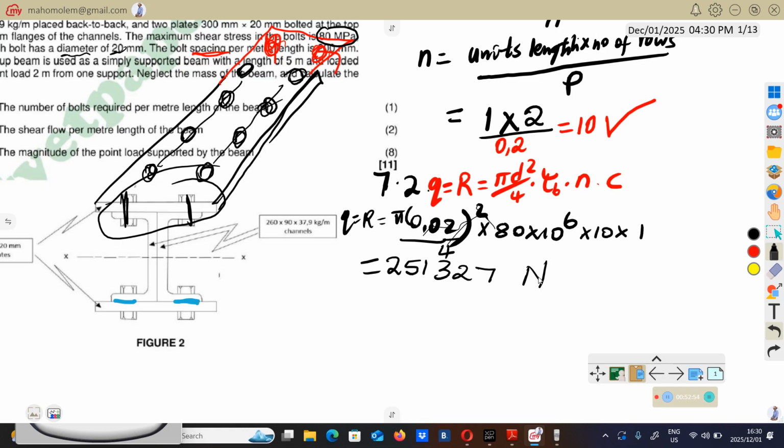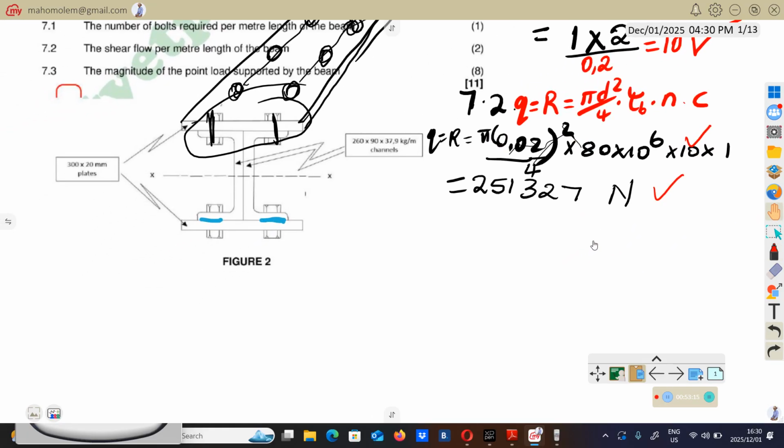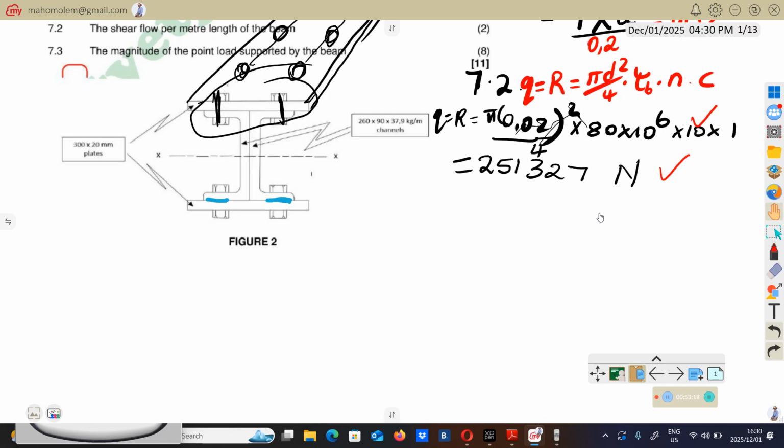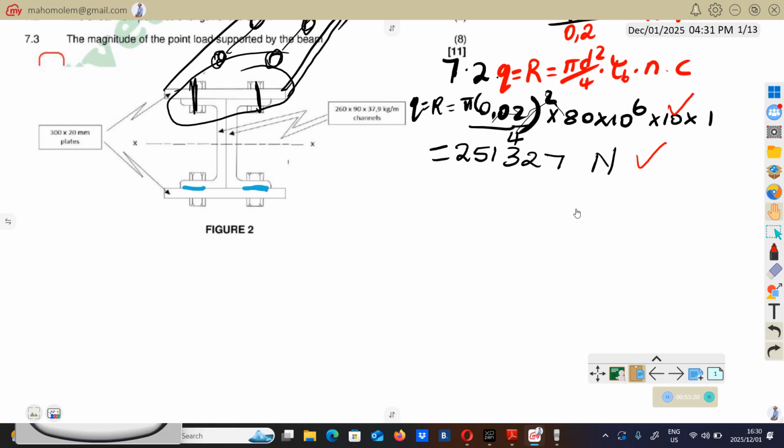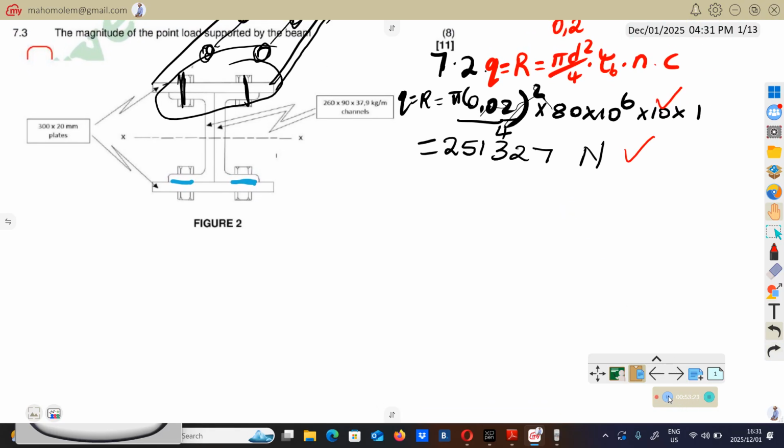Okay, we're done. So 2 marks for that. The next question, 7.3, is going to be long, and then at some point I'm going to need the sketch. It's fine, I will fit it here so that we can see the sketch. So the most important thing is the sketch here. Since they said this is a simply supported beam,